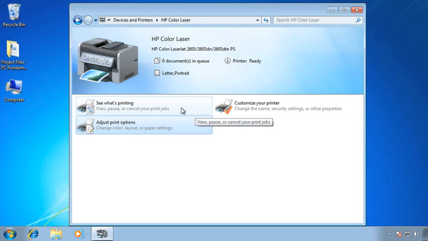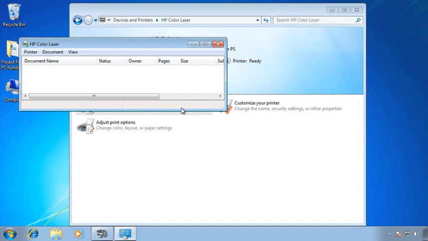And in Windows 7, we get to that by double-clicking See What's Printing. For Windows Vista and Windows XP, this is the window that you'll see when you initially double-click the printer from the printer's window. This actually isn't very interesting at the moment, but this is called the print queue. When you have multiple print jobs waiting to go to the printer, they will all be listed here. And you can see what the name of the document is, what its current status is, for example, it's printing or maybe it needs a different size of paper, who sent it to the printer, how many pages, and the